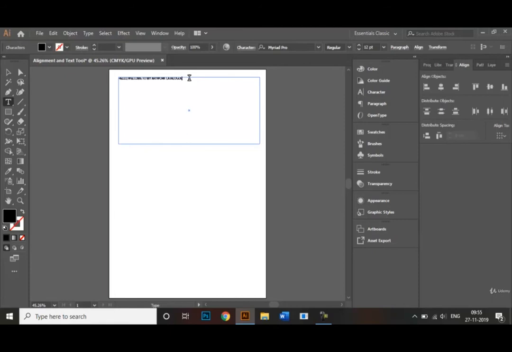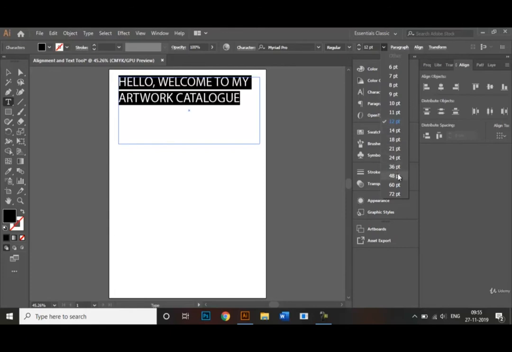But now my text is really small and it's a little difficult for me to read what's written there, right? So let's increase the font size by selecting our text, going over to the text size. By default it's 12. Let's increase it even further and make it 48. And now it looks much better, right?